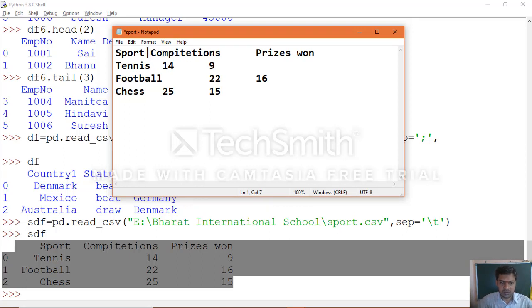So now the tab space, which you want to make as pipe symbol. Okay, pipe symbol, this is what we call it. So each value is separated with the pipe symbol.